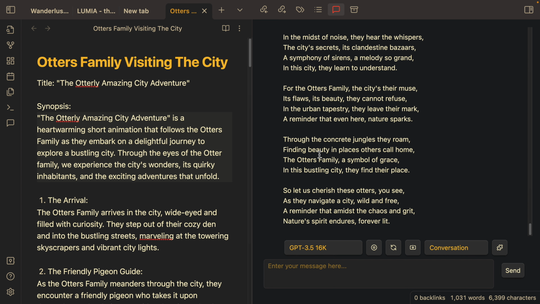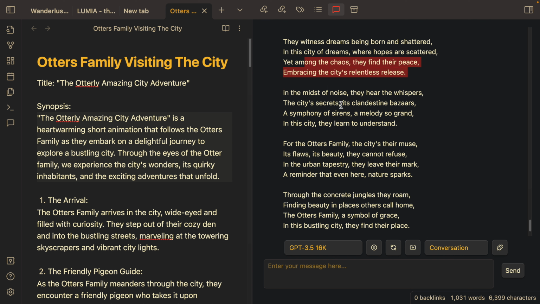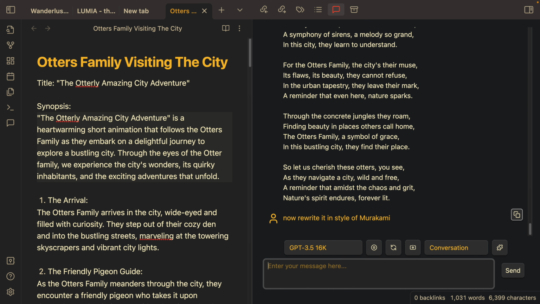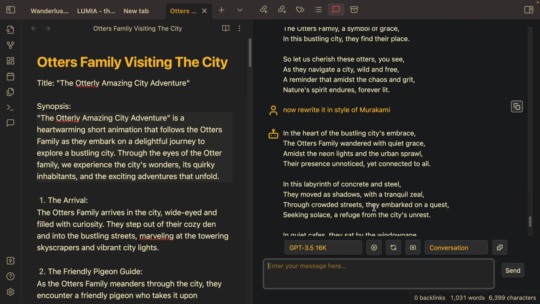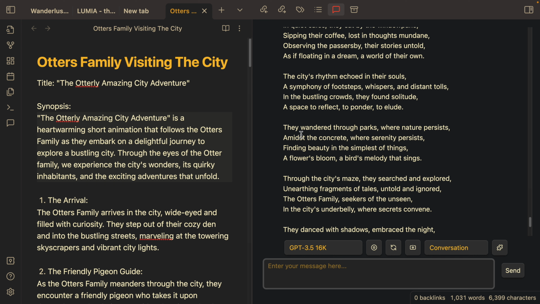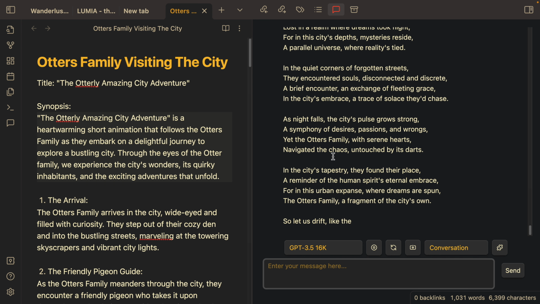Yeah, I think if you read a lot of poems, this could be just generic. It's not really. Now rewrite it in the style of Murakami. I don't know if Murakami has a style of writing, but I heard, yeah, it thinks it's like Murakami.